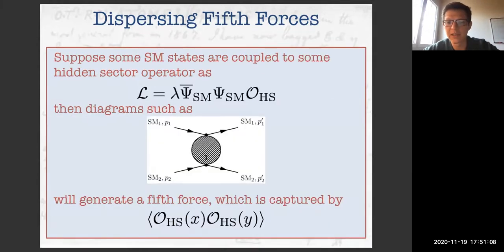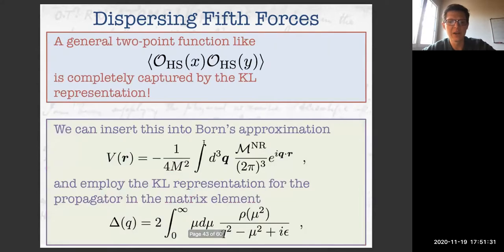So there's some weak coupling here and some weak coupling here. So you capture all of the force by this correlation function. Of course, if the couplings were big, you might have multiple, maybe four operator insertions, or 7 or 8, and then you have to use a different approach. But to a good approximation, you just have 2 operator insertions, so you have weak coupling to us, which seems reasonable, and then it's captured in this way. So you can insert it into Born's approximation because the matrix element is related to the potential in this way. And we know what the propagator is because that's just the Kallen-Lehman propagator.